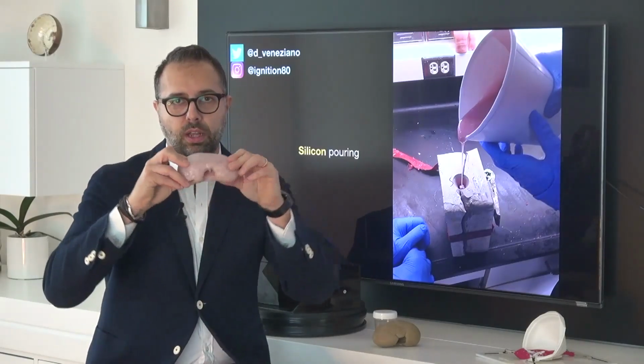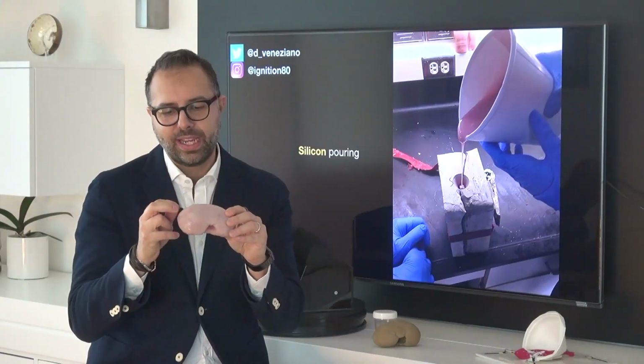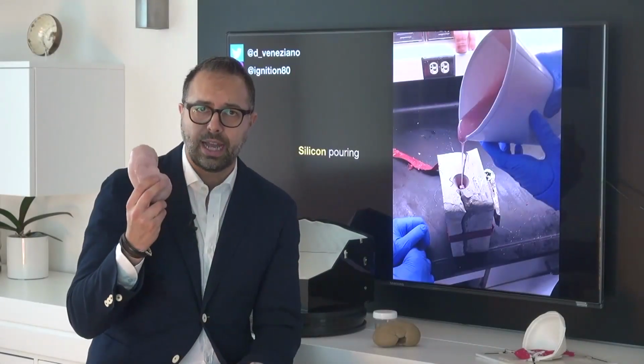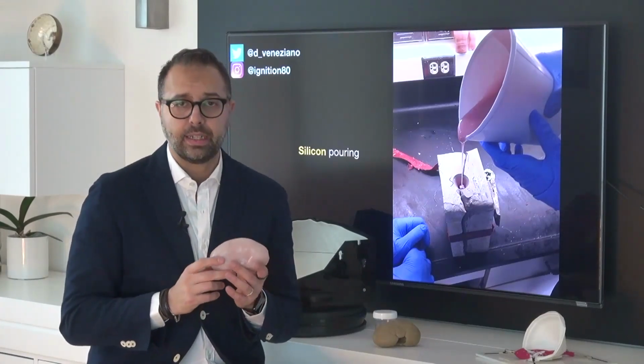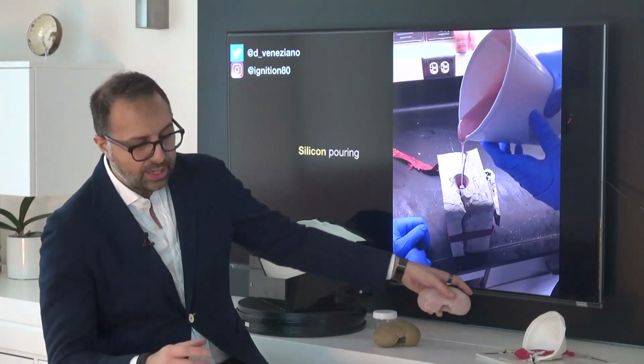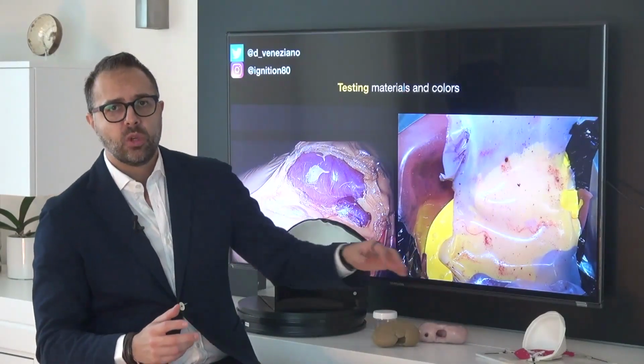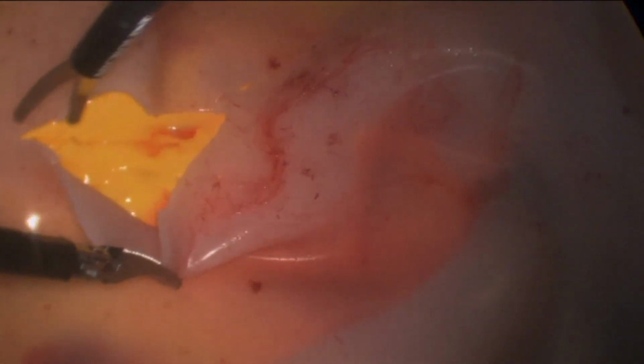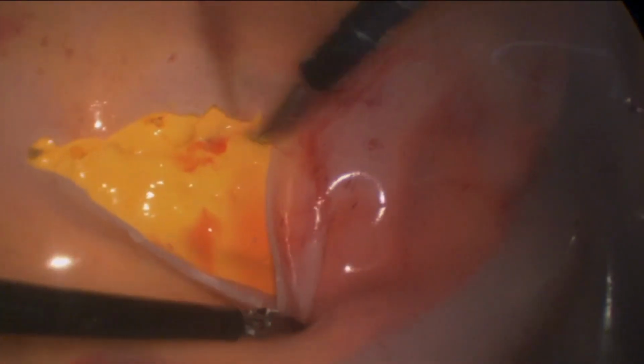This is already flexible. Of course, it has a weight and an appearance that is very, very similar to one of a real kidney. You can find a lot of online tutorials on how to use silicon to make different models. After that, you will go on and see whether these first models are working. So you can see that here the look was already very realistic. I have to say that I was surprised when I saw it the first time. The feeling, the colors, everything was even more realistic when it was seen under the laparoscopic camera.